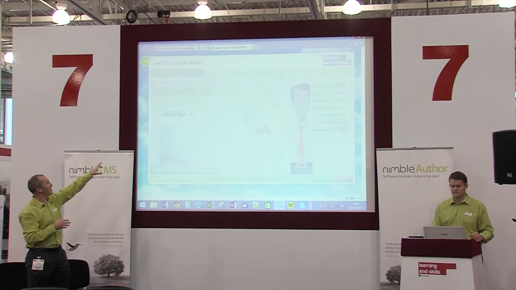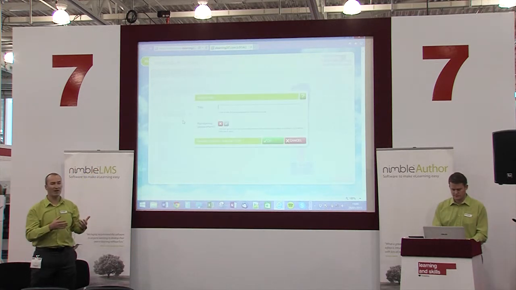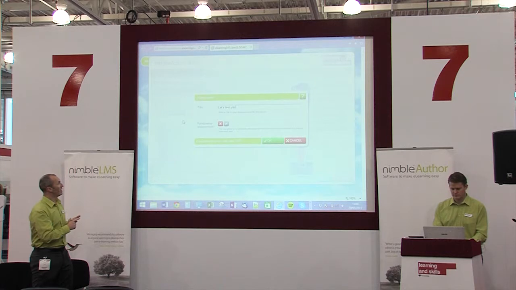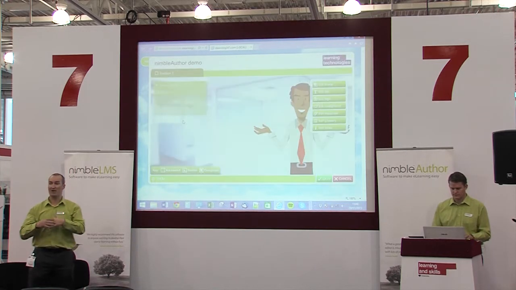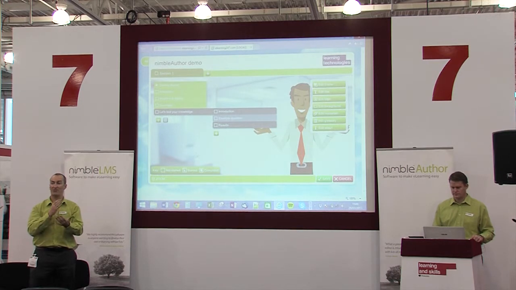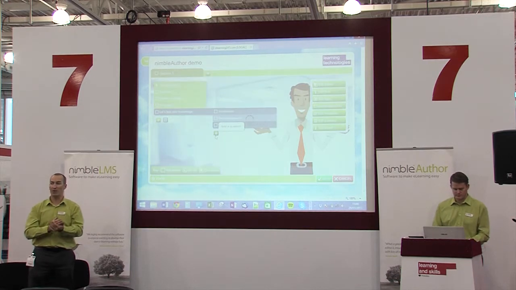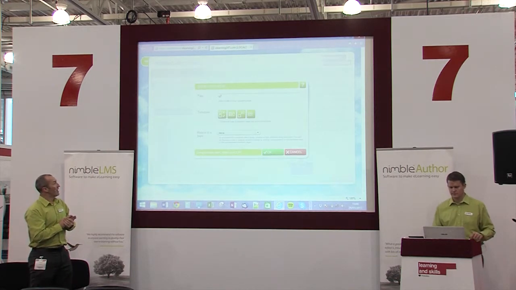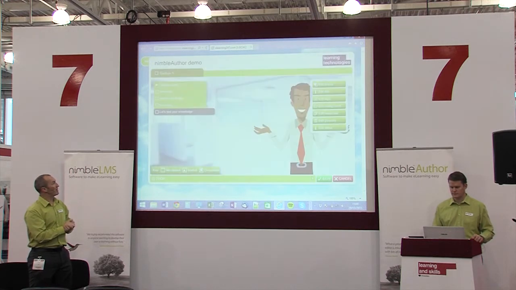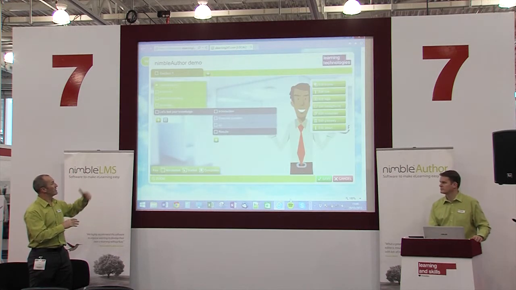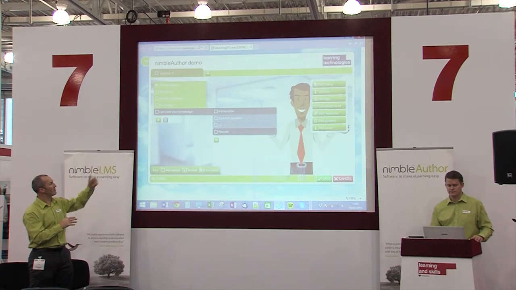So the other thing to note here is we've got an assessment. It's randomized. It also does pooling, so you can actually make sure you ask the right number of questions for each of the topics, for instance. And you pick from the same range of templates here as well. Again, it's just as quick there. Now we can go over to some of the other...